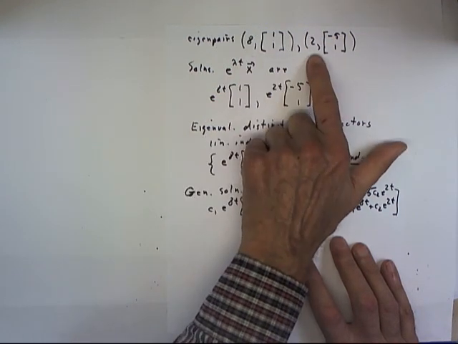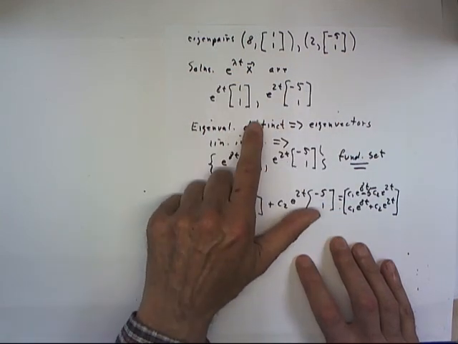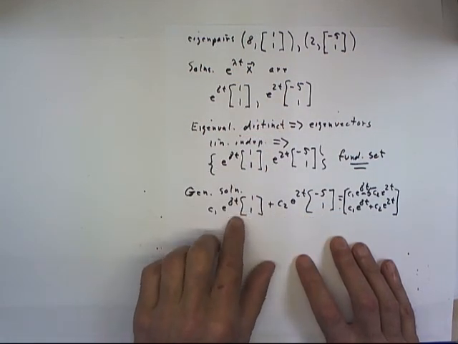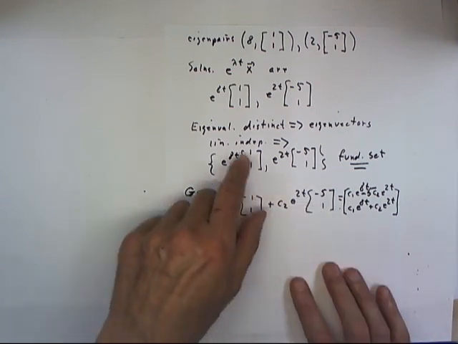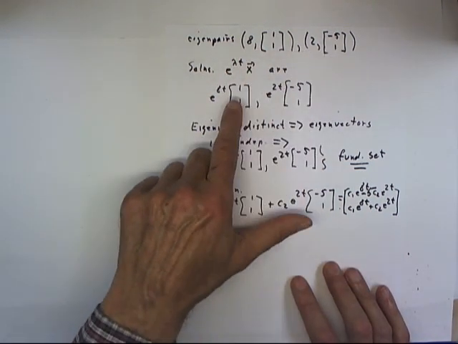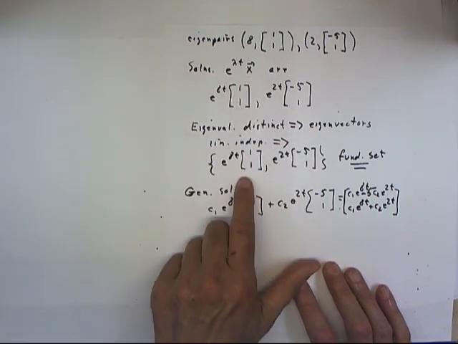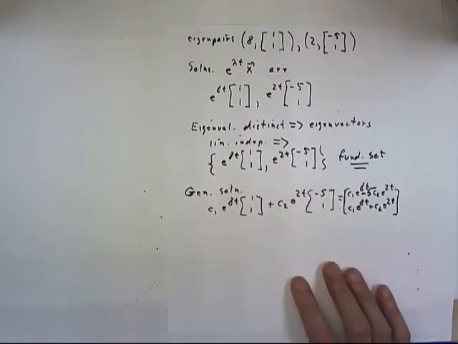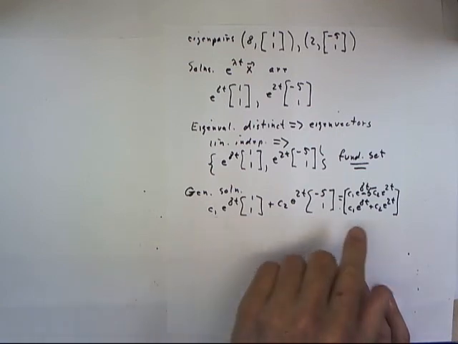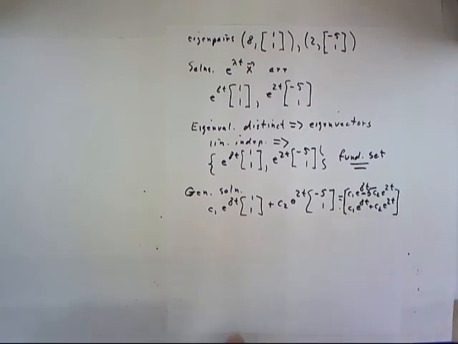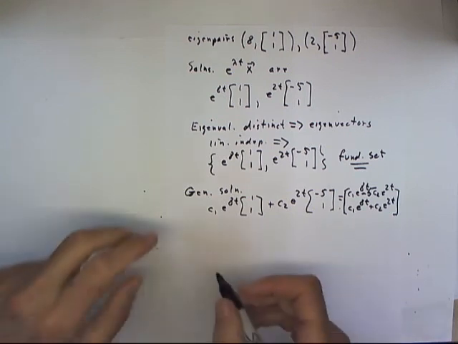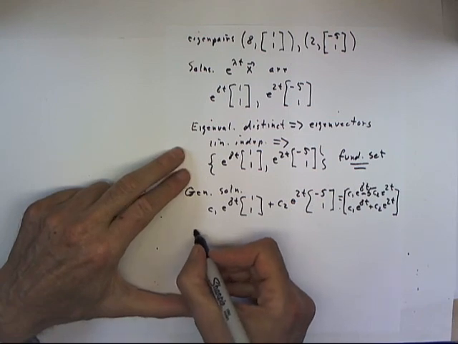With distinct eigenvalues, we know that our solutions, our eigenvectors, are linearly independent, and that the set that we get by applying each eigenpair to the form e to the lambda t x is a fundamental set, so that our general solution is of this form, and that equals this, which is probably more or less readable. That general solution, of course, consists of